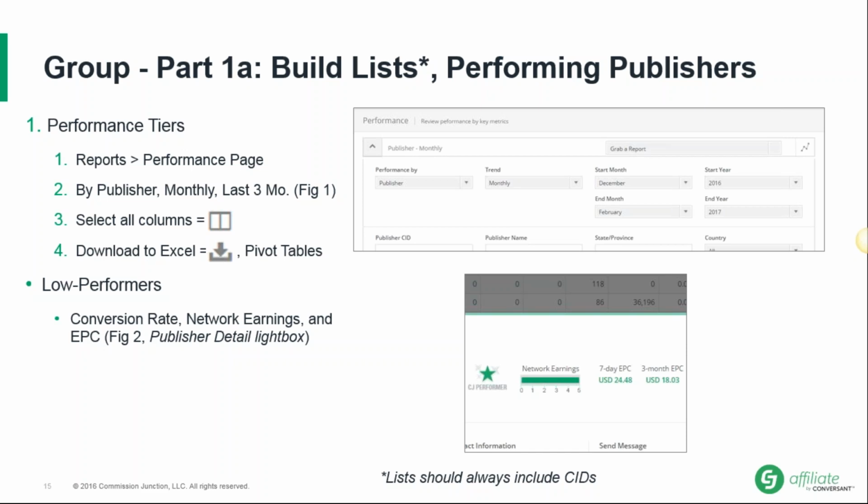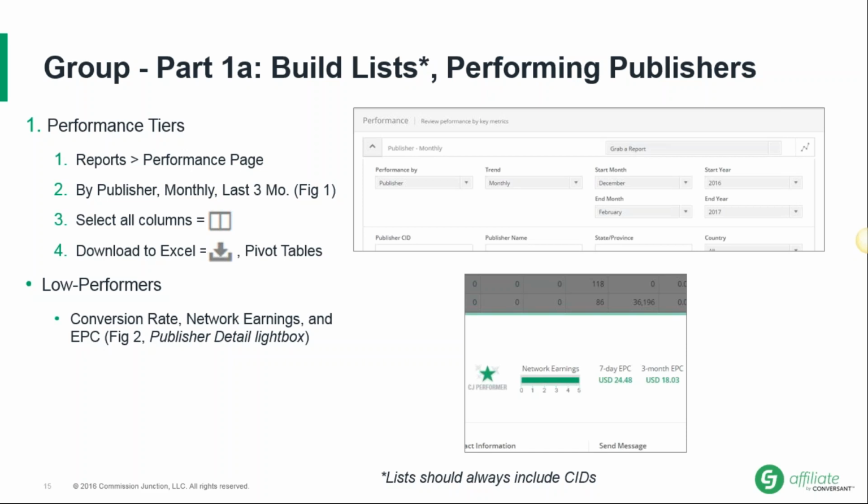This tells me they've got quality customers for your brand and their audience, and there's likely lots more where they came from. How can you be sure? Take a look at their network earnings rank and EPC averages. The rank lets you know how they rank across all of our publishers in driving commissions last month, and 3-month and 7-day EPC tell you the average commissions per 100 clicks they've been earning in the long term and short term, respectively.